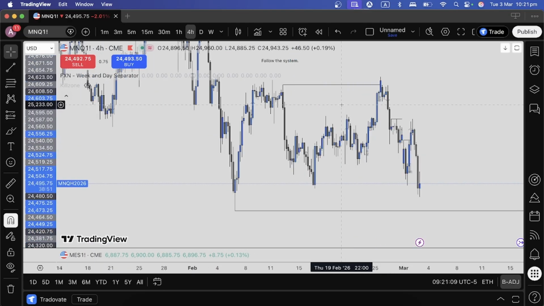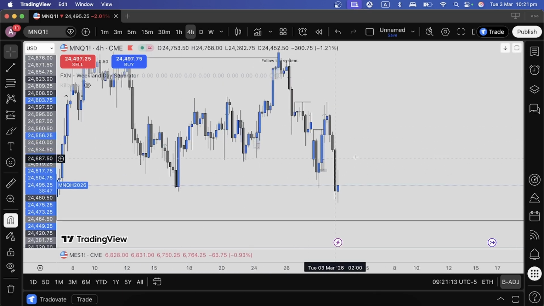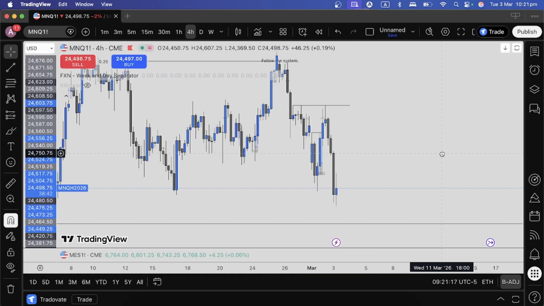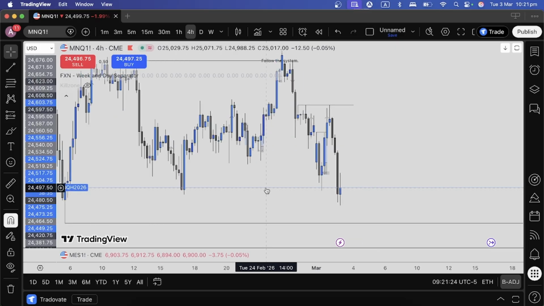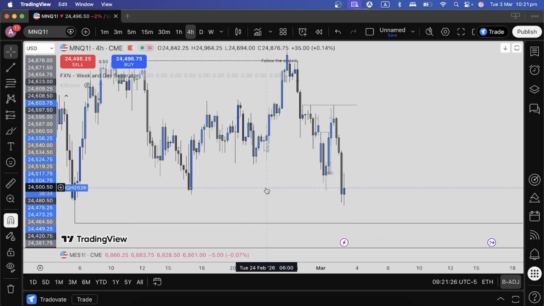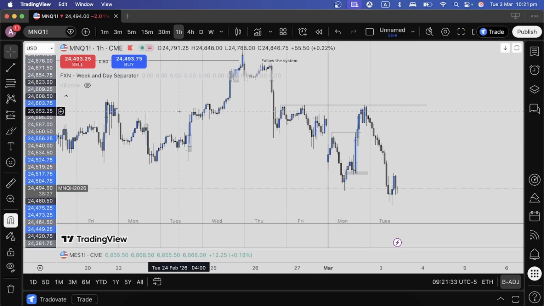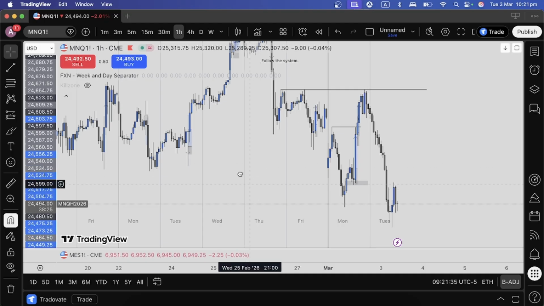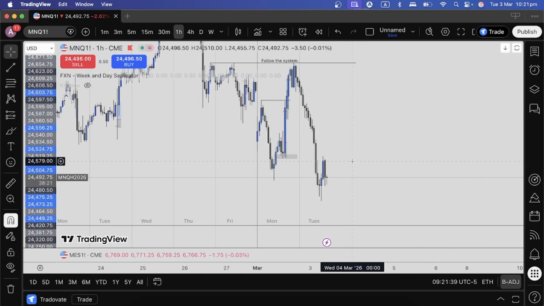On the H4 we also look quite bearish at the moment, but I don't really like how we already took out this low and this low. So it kind of feels like, I don't know, days like this I don't really like to trade because we just came off of some expansions. And stuff like this looks like a continuation, but I can't be sure as well because,